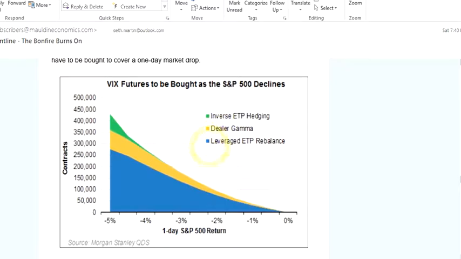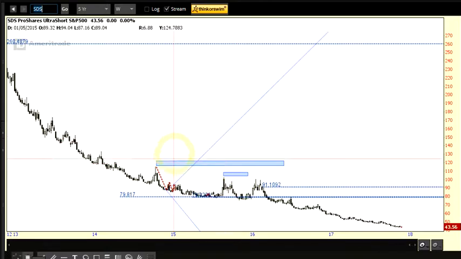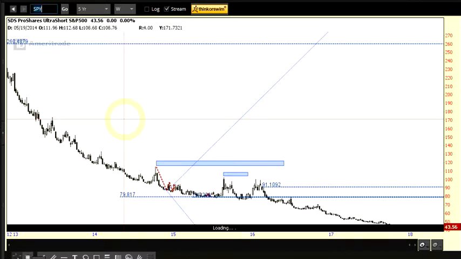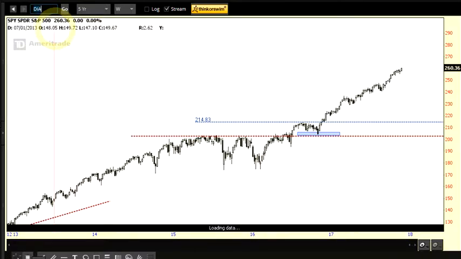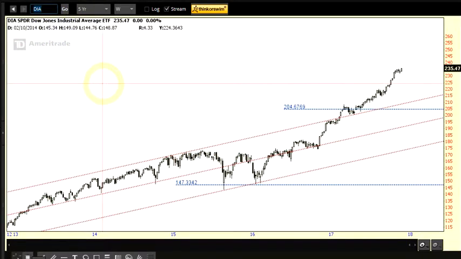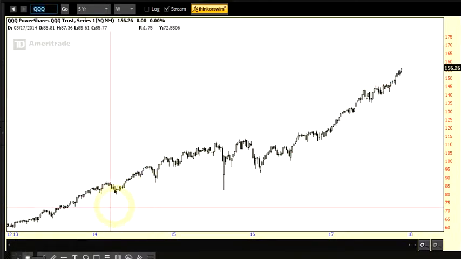So they're having to buy and sell these futures in order to hedge their positions, so that these inverse ETFs and other ETFs can follow the market. So that's one thing you need to be careful of when you buy ETFs. Now the SPY or the DIA, you can see those track the market pretty accurately. DIA is this, or the QQQ, that's for the NASDAQ. Once you get beyond those three, you've got to really watch what their expenses are on these ETFs,